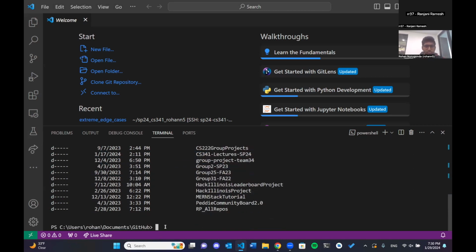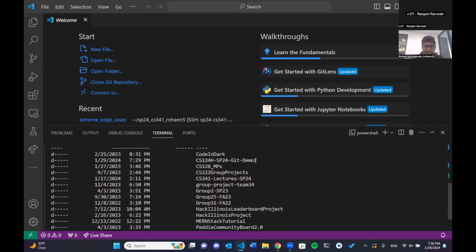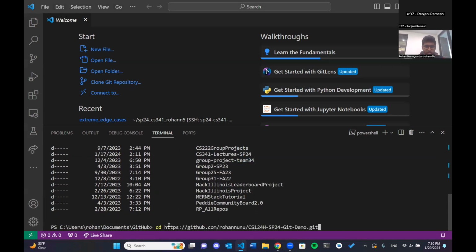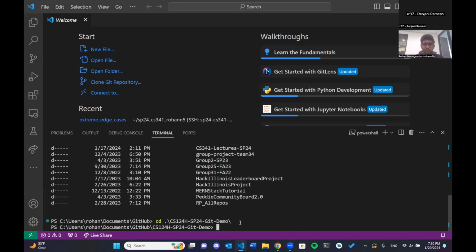So we want to now cd into that repository. In this case, it's called CS124 honors SP24 git demo. Let's put that over here. Oops, copied the wrong thing. I believe if I just start typing it, it should auto-complete with the name if I press tab. So now that I've done that, let's press enter. Now you can see that I am within the 124 honors Spring 24